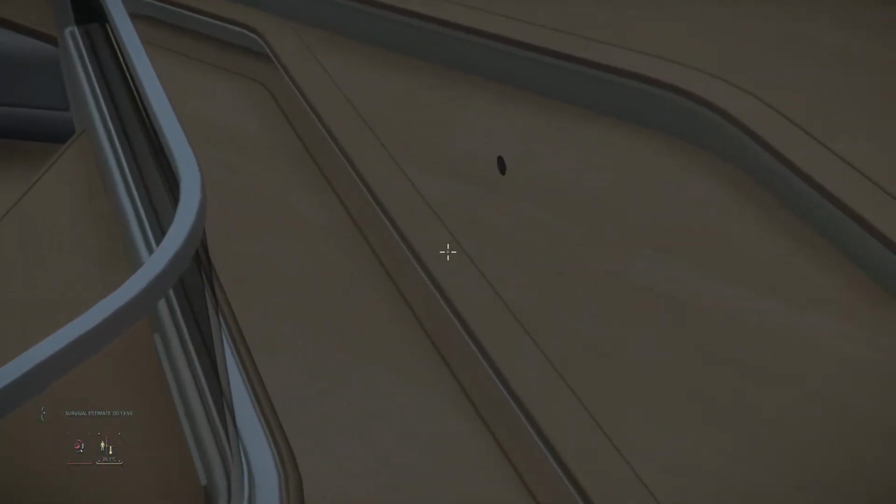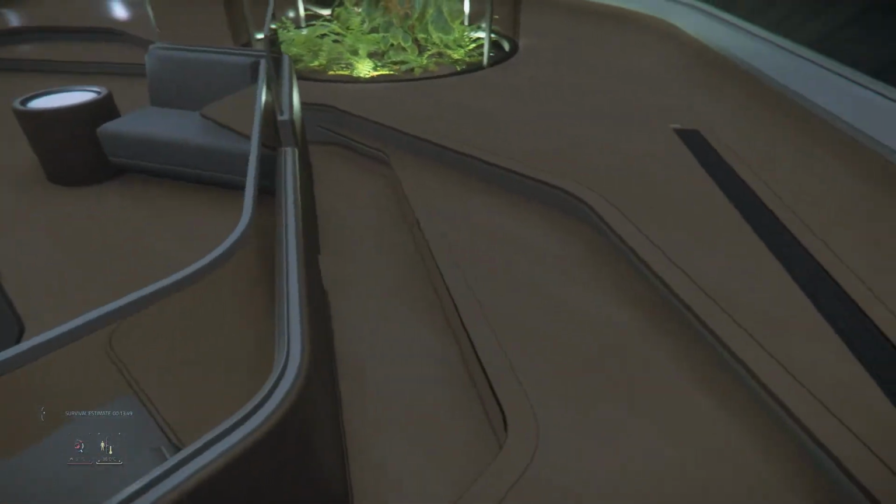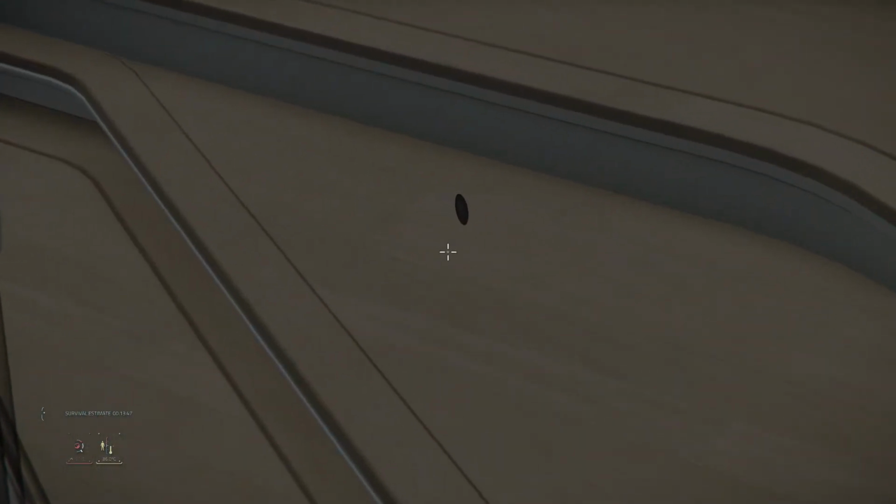What is floating there in the air? I don't know what that is. There's a mini black hole in the lobby. I hope that doesn't suck us in. Okay, anyway,